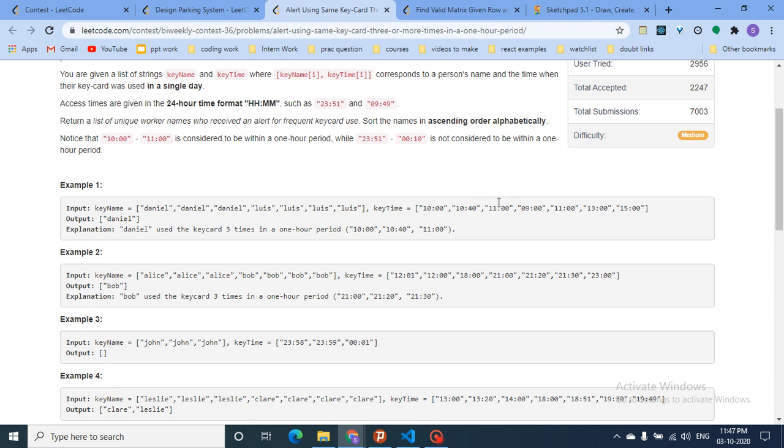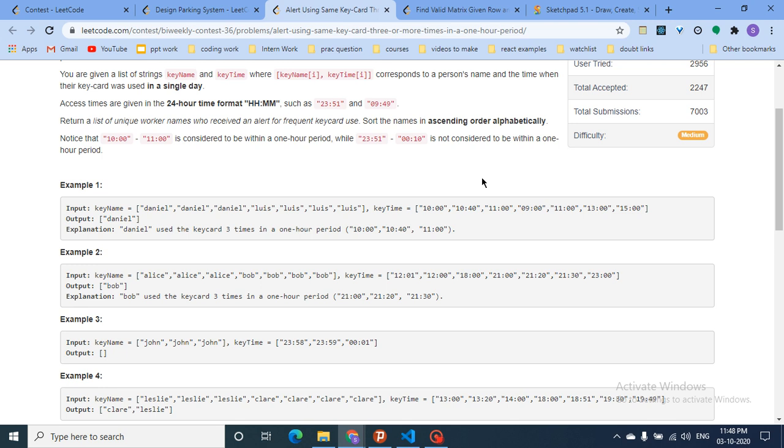For this it is 660 minutes that have passed, and so on. Now you will store all these values for every person into a vector. Then you can sort this vector. After sorting, what you can easily check, because I want a window of size 3, is whether there are 3 or more swaps of the card in a time period of 1 hour.